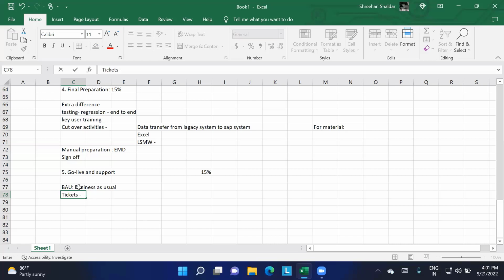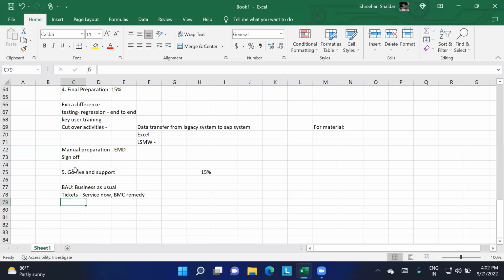through different software, like ServiceNow. ServiceNow is one software, or else BMC Remedy. Through these they get the tickets and we need to resolve them. Consultants need to resolve them, and if any enhancement activities are there, we need to go through that. Monitoring also will be taken care of over here.